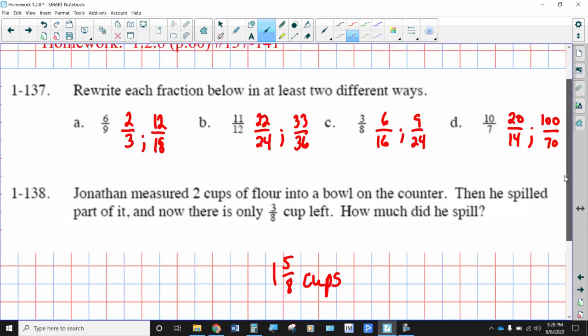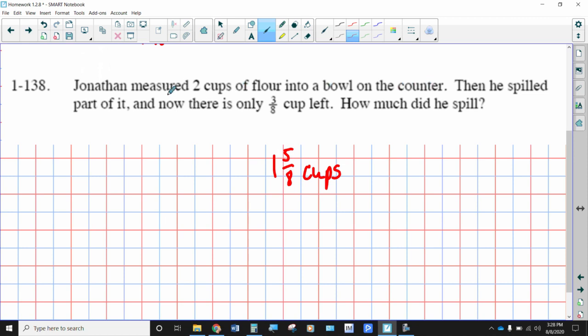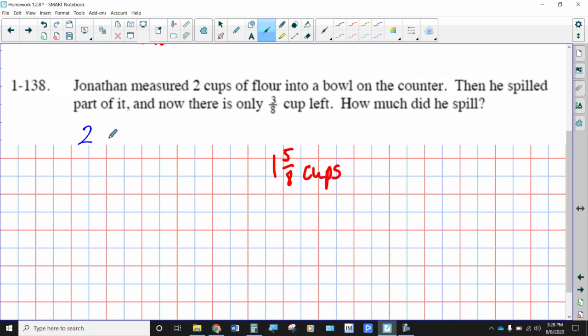Problem number 138. Jonathan measured 2 cups of flour into a bowl on the counter. Then he spilled part of it, and now there's only 3/8 of a cup left. How much did he spill? Okay, so this whole idea of spilling, let me change color here. The whole idea of spilling it implies a subtraction problem. And if you recall from our fact families,